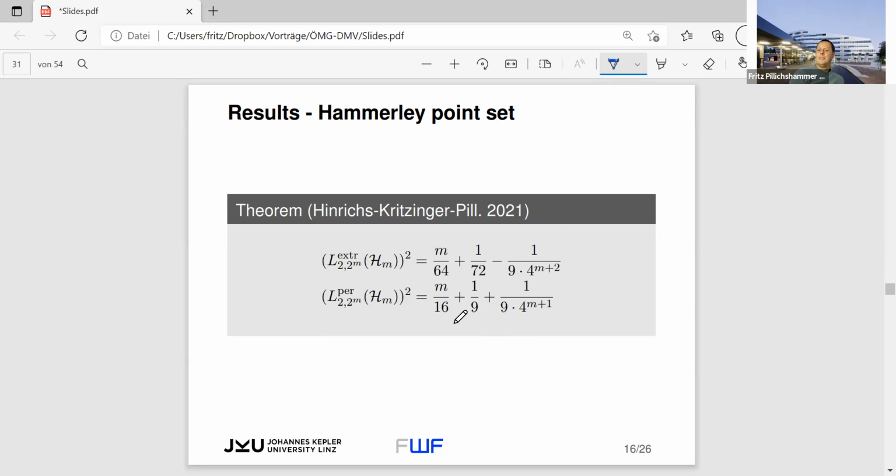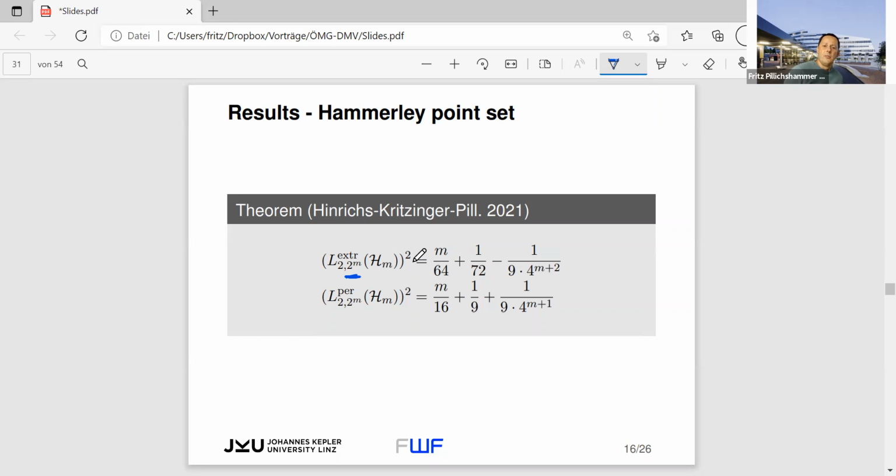So what can we see here? In contrast to the L2 star discrepancy, we have here the leading term m and not m squared. That's good here, because this m is essentially the logarithm of the number of elements of Hm. Hm consists of 2 to the m many points. So the logarithm is essentially m. We have here then the logarithm of the points in use, but we also have here on the left-hand side